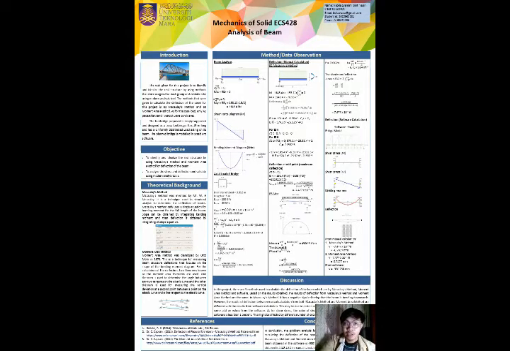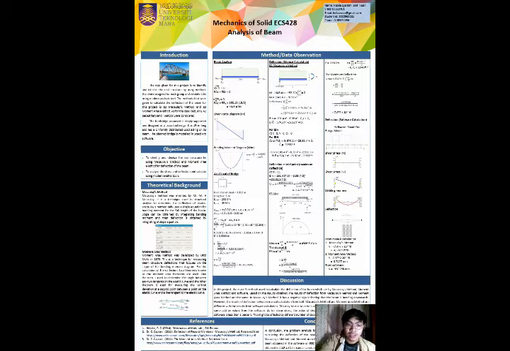Okay, next is beam analysis. We have calculated the beam and we found out that the reaction at A and reaction at B are the same because it is a simply supported beam, which is 1148.4 kilonewton. And for the bending moment diagram, the maximum bending moment we have is 4306.5 kilonewton meter. And then for the axial load of the bridge, the diameter of the steel we use is